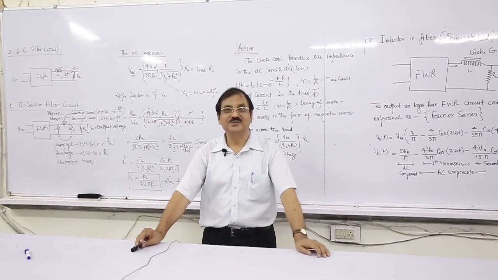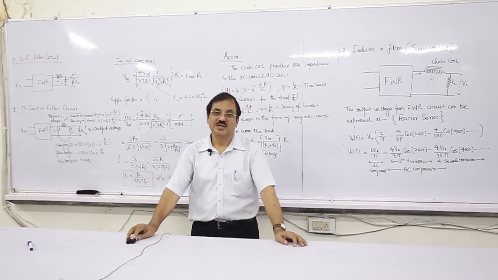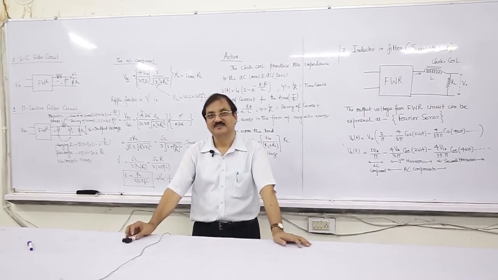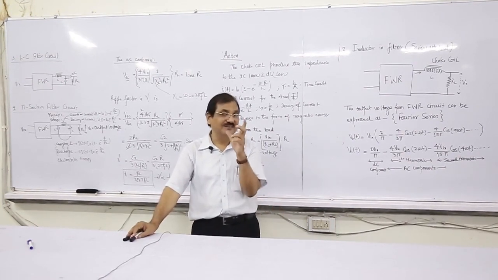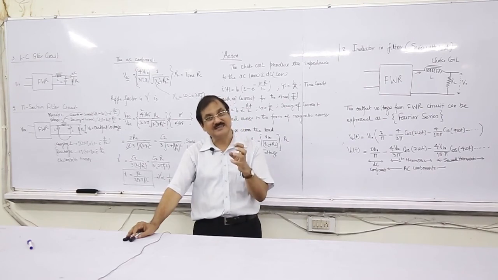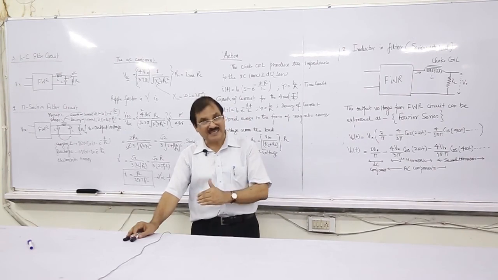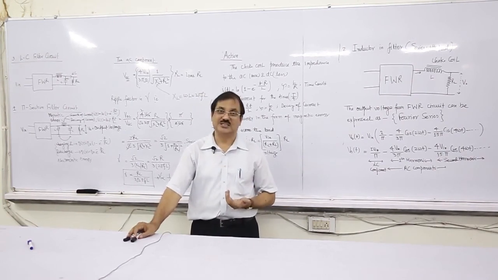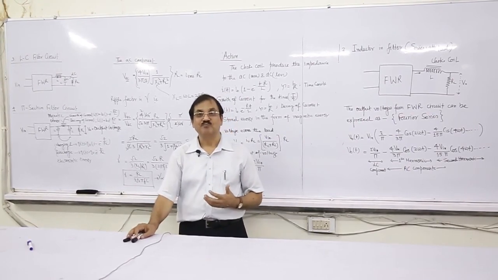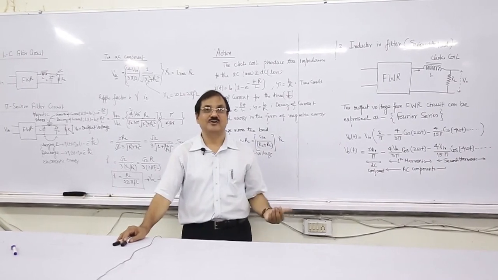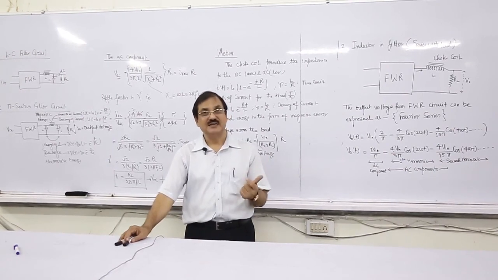In this way, we can reduce the ripples in the output circuit by using the filters. So this is all about today's filter circuit. The most important part of the filter is concerned with the ripples, and the ripples are mathematically expressed by using the Fourier series, and the components of the Fourier series very well express the DC part and the harmonics of the AC part with varying frequency and amplitude.